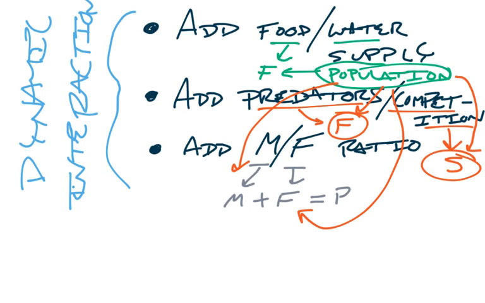All right, so we have dynamic interaction between all of these things and the population that we, at the start of the day and at the end of the day, are supposed to care about, which is the bunnies. All right, so all three of these are going to be complicated, right? They're all going to involve a second variable, okay? So whether it's the food, the foxes, the squirrels, or male versus female, you're talking about taking your one variable bunny situation and incorporating a second variable.